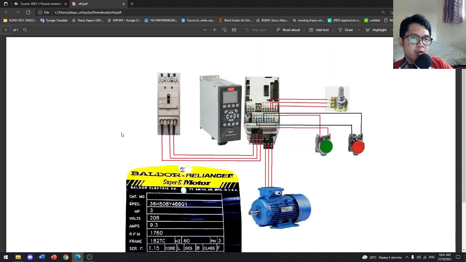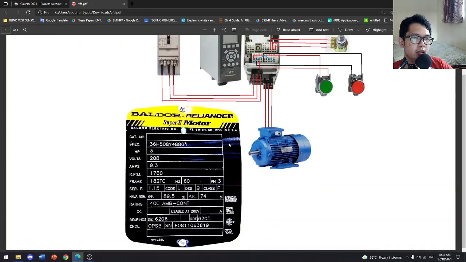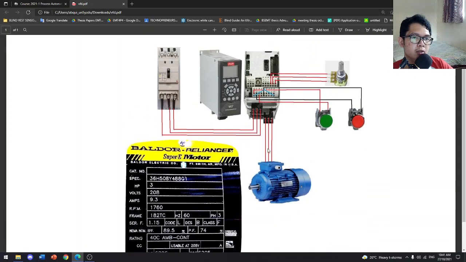So our diagram is composed of circuit breaker, inverter, electrical motor, push buttons, and potentiometer. Then we also have here our template. So the function of the circuit breaker is it is a switching device which also offers protection by tripping and cutting off the supply to load in case of fault.